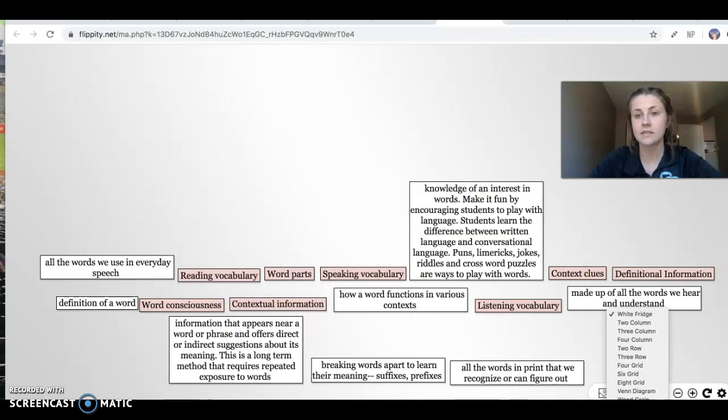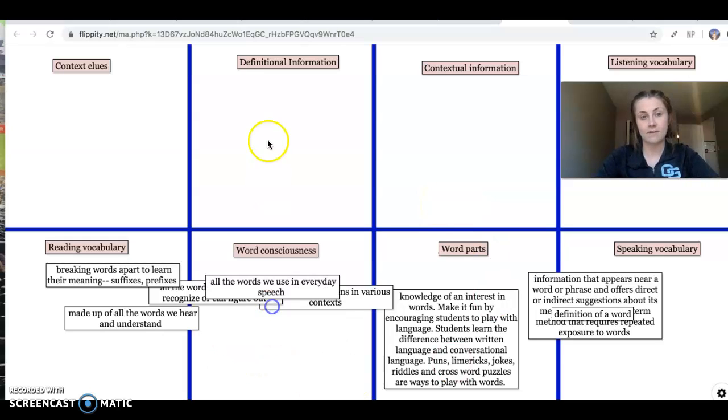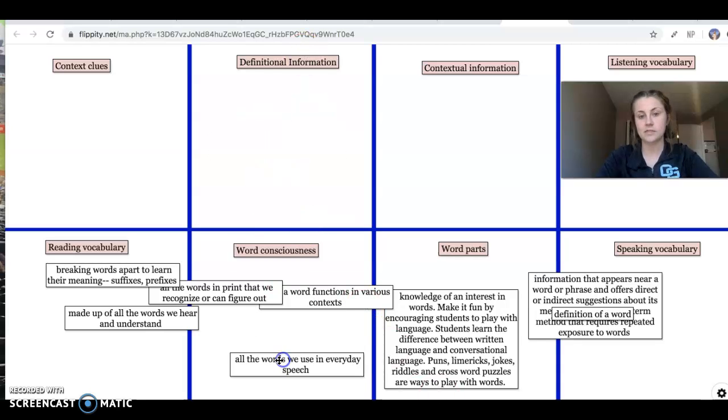So after clicking this, it should look something like this. Basically, what I did was I took all of the red terms, which are the terms themselves, and I left the definitions white. With these grids, it was an easy way to distinguish each word and its definition. So you could drag the definition up to the term, which, that's not correct, but you